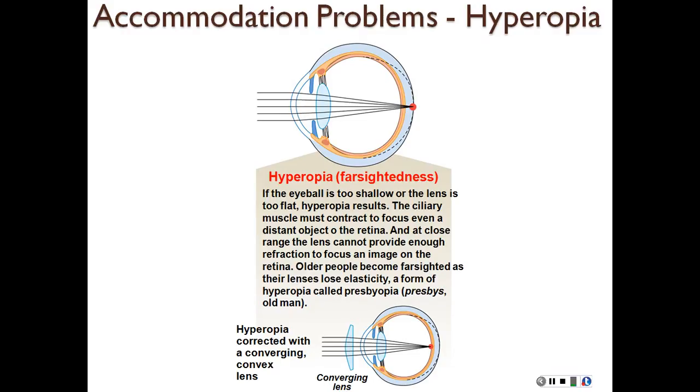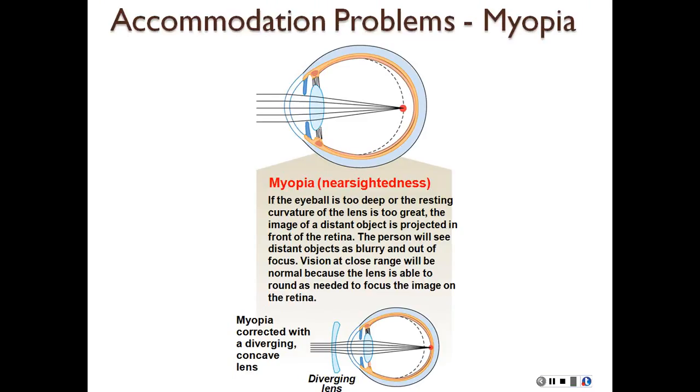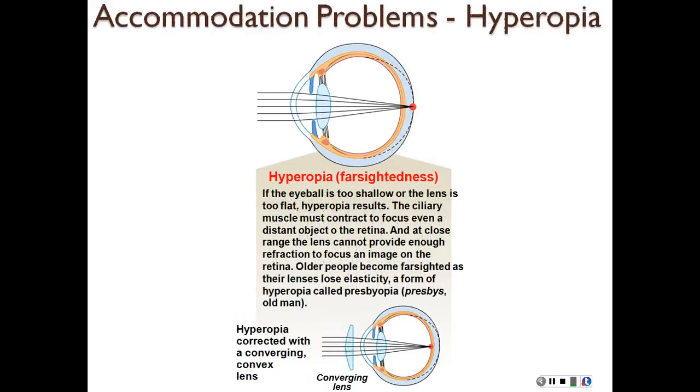So whatever image goes through the retina is not going to be very clear. So that's the difference between those two. Okay, long eyeball, myopia, image falling in front of the retina, whereas hyperopia, the image falls behind